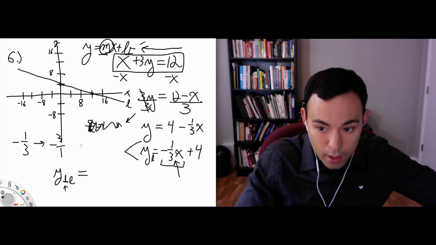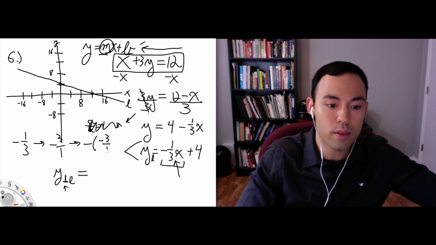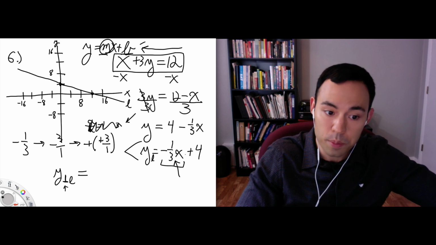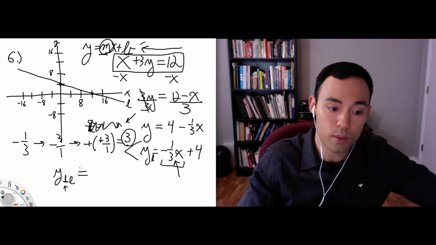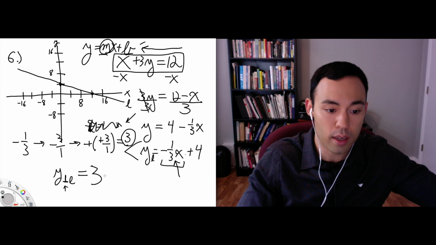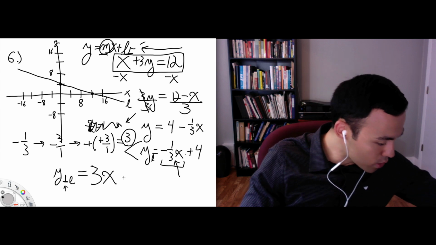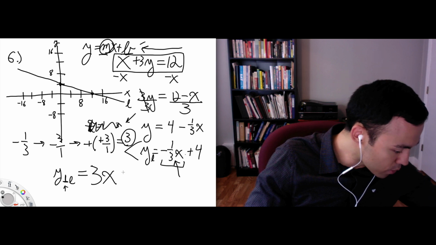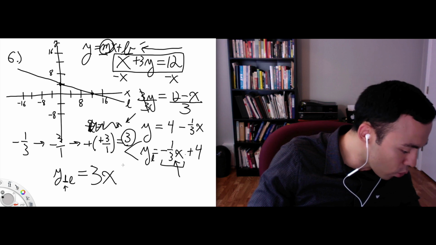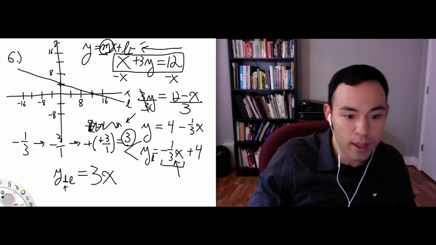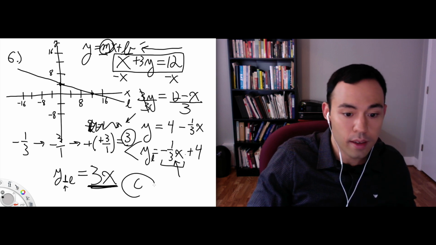Now let's take the negative reciprocal. Be careful, we have a negative of a negative reciprocal, which is positive. So this becomes positive 3. All right, so the line that's perpendicular to this thing is going to have a 3x there. Which of the following is an equation of a line that is perpendicular? There's only one answer choice that has a slope of 3, and that's answer choice C, and we can